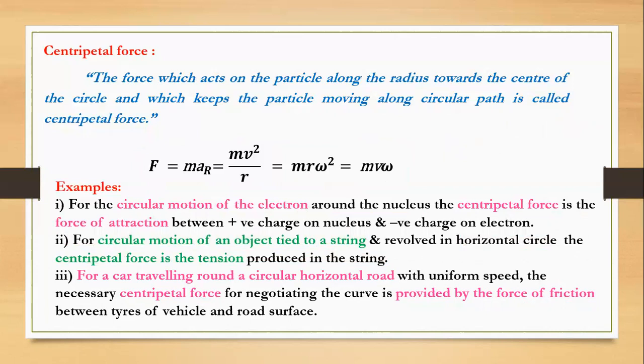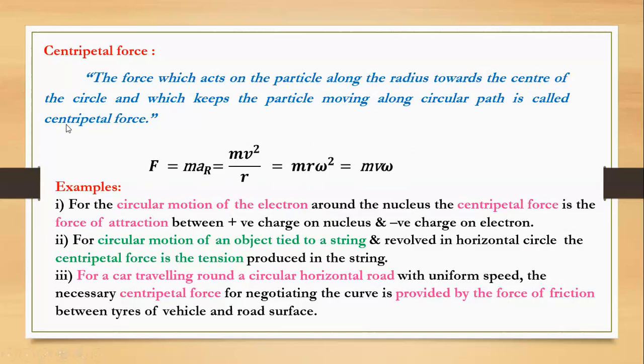In a similar manner, we can discuss one more example. Motion of the moon around the earth is a circular motion. In that case, centripetal force is provided by gravitational force, because the necessary force in that case is the gravitational force. Another example, motion of earth around the sun: it is not exactly circular, but that motion is because of the gravitational force. So in that case, centripetal force is provided by the gravitational force.